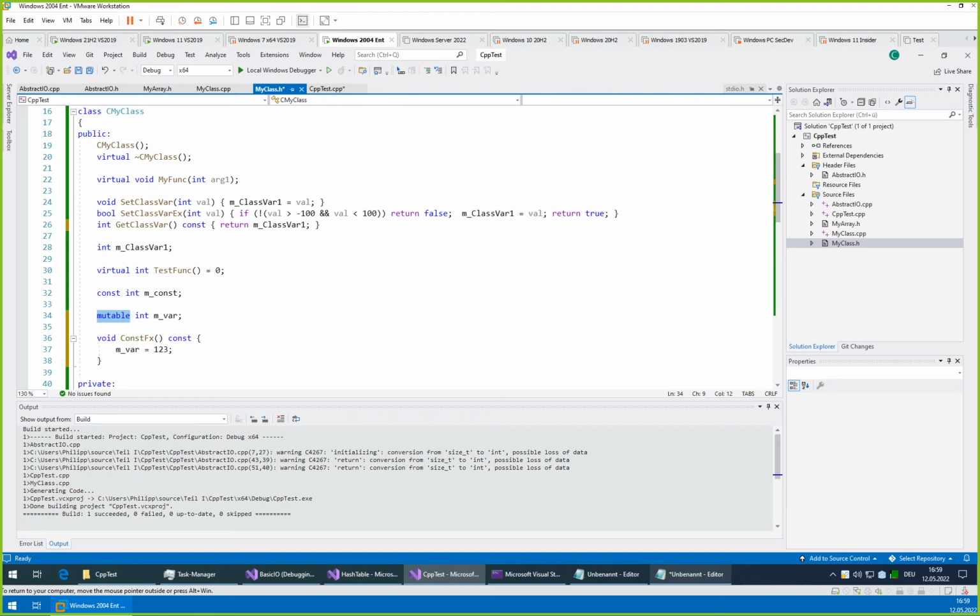An example which we might take a look at later on where this would be helpful is if you have a synchronization object which allows you to access one class from multiple threads in an orderly fashion, so that you will not break things by randomly accessing things while other things are accessing the same things and writing values and then dropping them because they end up in the cache and no longer in your memory. To avoid such problems, you have synchronization objects, and such synchronization objects can be defined as mutable, such that you can access them even from a getter function.